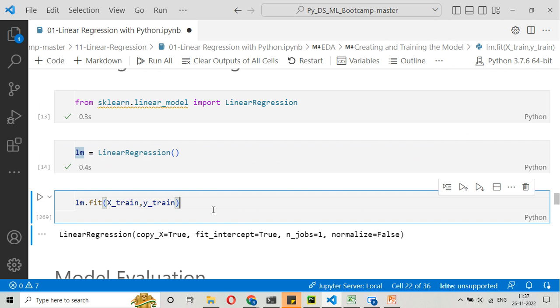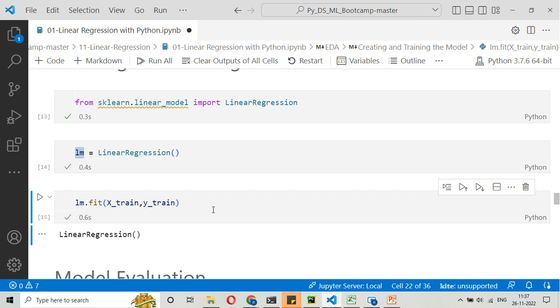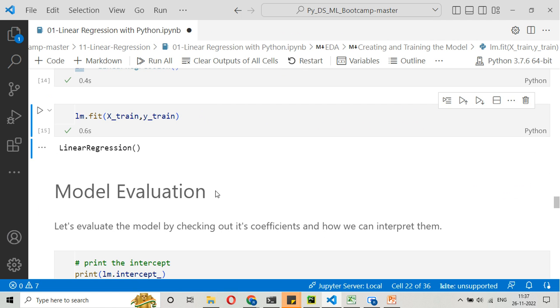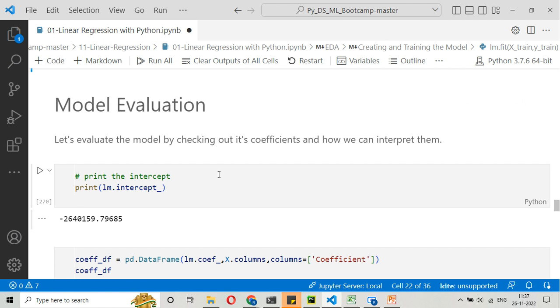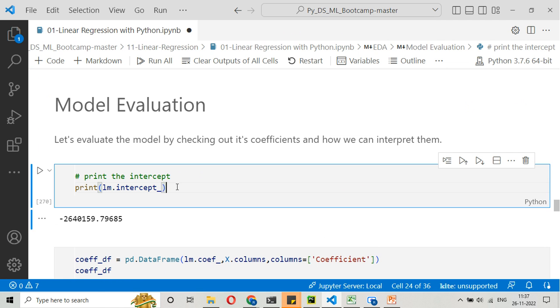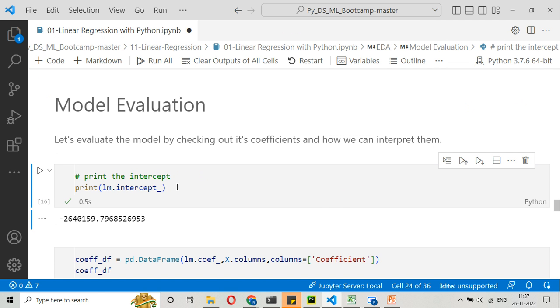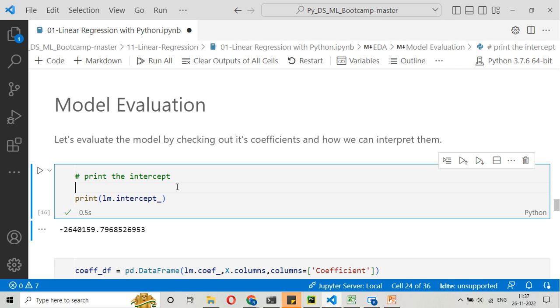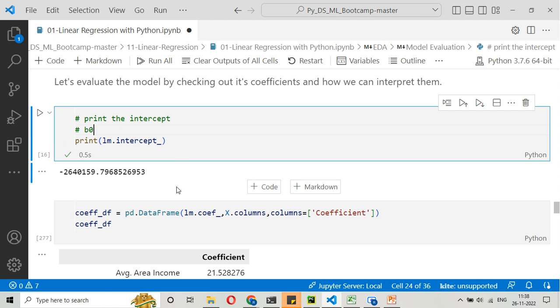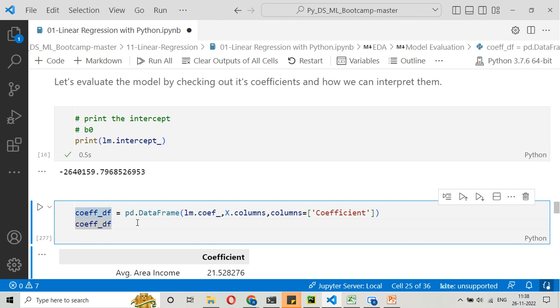What it will do is try to fit for you. It may take some time, but for the time being it is not taking. When we call LM intercept, it is nothing but the same B, what we used to call B naught. And coefficient also, when you call this,